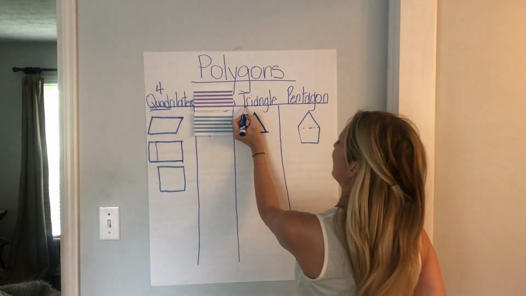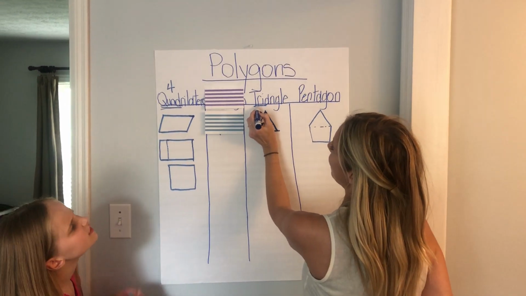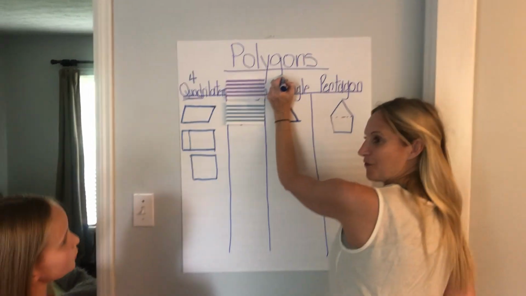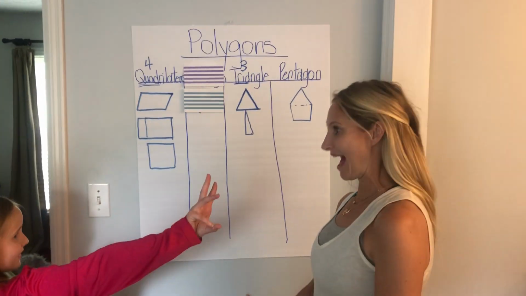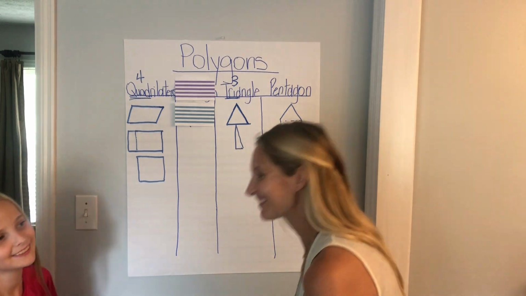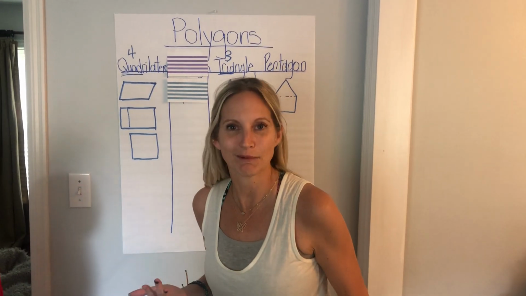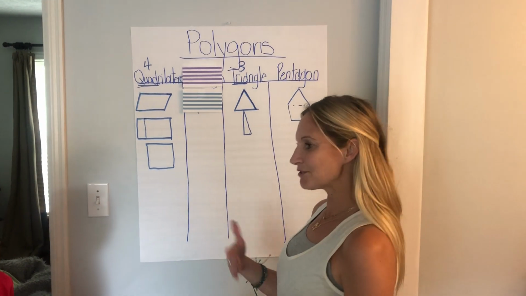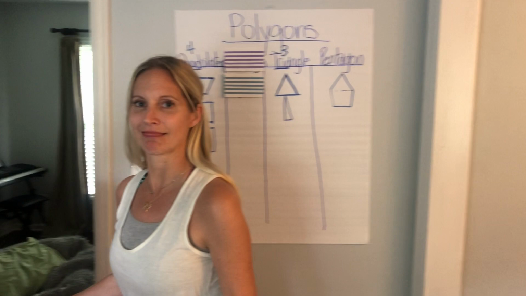So that prefix tri means what? 3. Yeah. So like a tricycle has 3 wheels, right? So you could remember it like that. Great. So your triangle probably looks different because your sides do not always have to be equal, correct? Great job. Okay, let's do our last